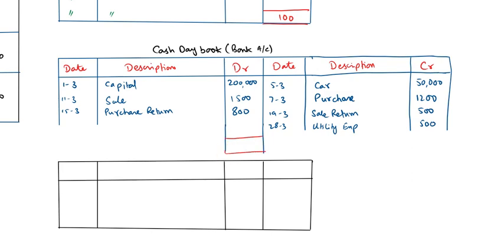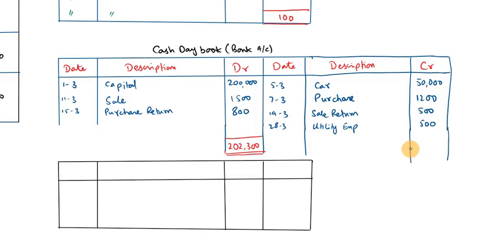the debit side. The total debit side will be 2 lakh, then add 1500, then add 800. What will be the answer? Can you tell me? Kindly calculate this and tell me the answer. The total will be 202,300. This is the grand total of the debit side of the cash day book, and